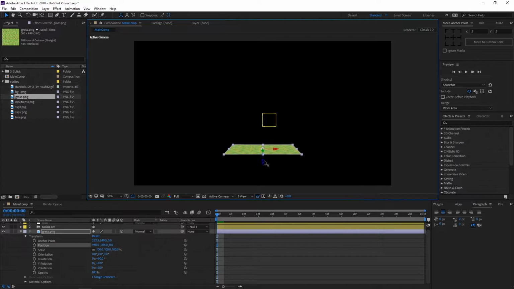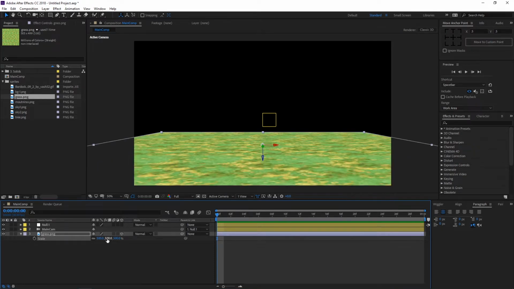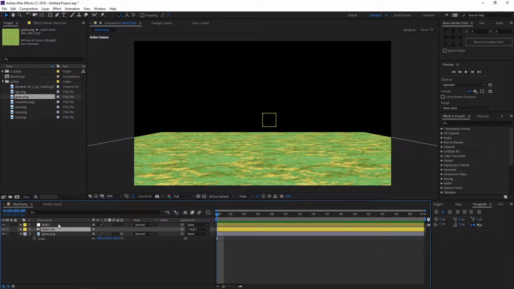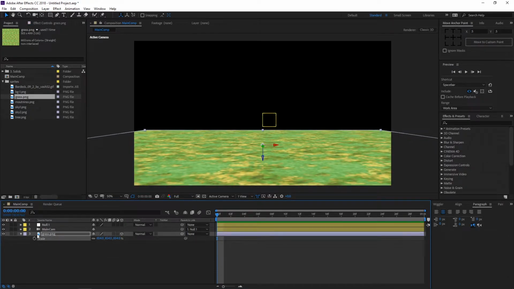We're just going to bring it down somewhat here, and we're also going to scale this up, and I'm going to say maybe around like 500 or so, and you guys will have to play around with your settings and whatnot to get it to look how you want. But the idea here is that you're not touching anything with your camera just yet. You want to leave your camera exactly as is. You only want to parent your main cam to the null object. That is the only thing you should have done with these two layers here. So scaling up our grass layer,